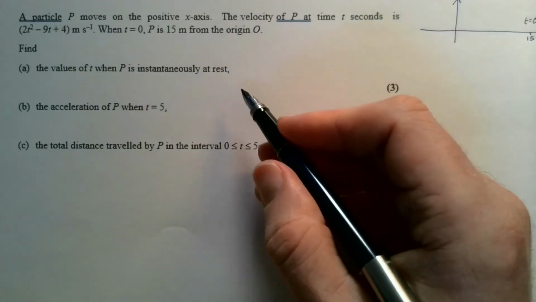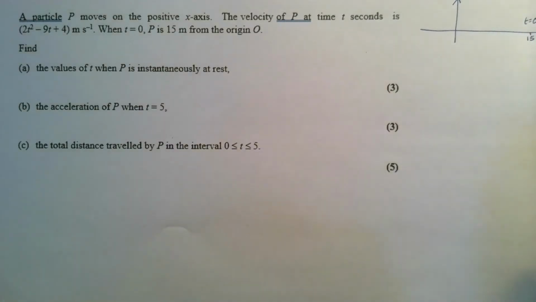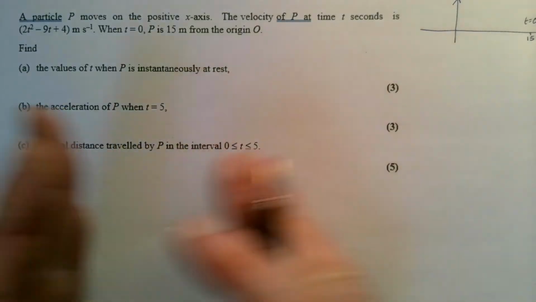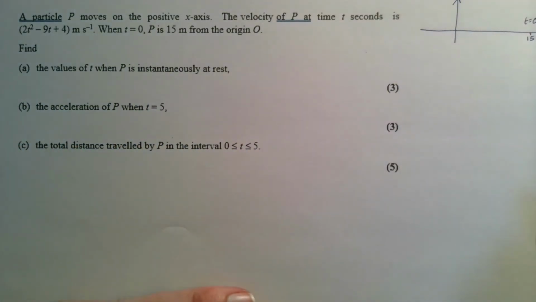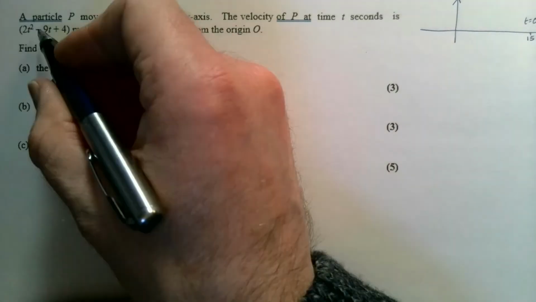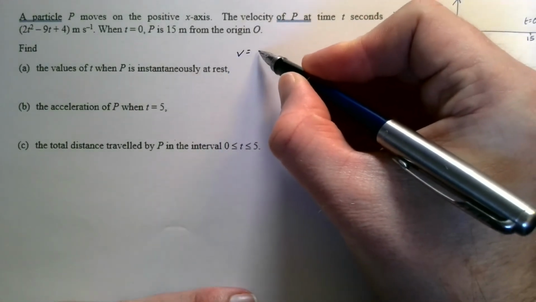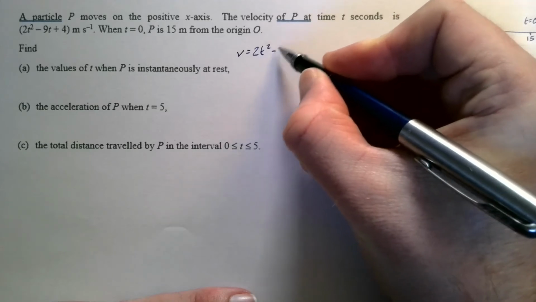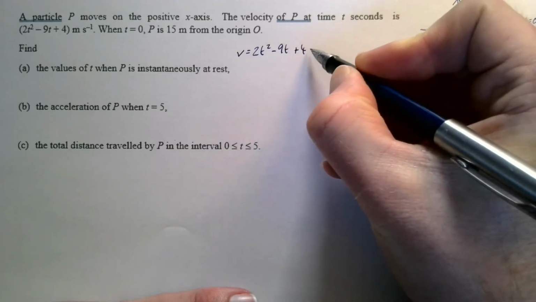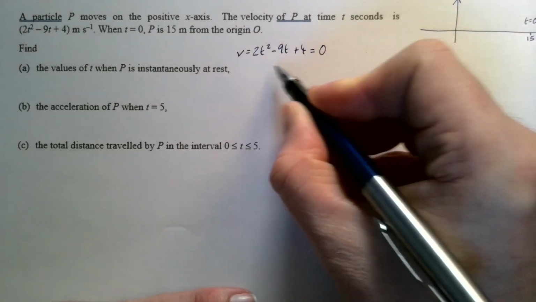And it's a quadratic, and we need to know the values of t when it's instantaneously at rest. So in between that, it's going to change direction, isn't it? So when it's at rest is going to be when the velocity is 0, and they're saying that that's the velocity there. So velocity equals 2t squared, take 9t plus 4, and that is equal to 0, which means we need to